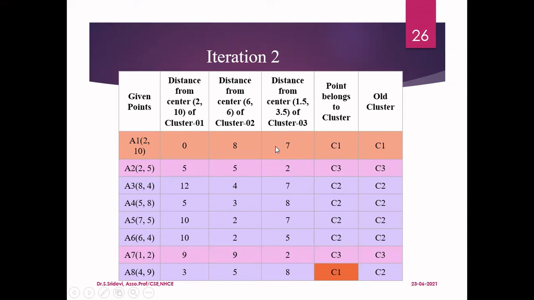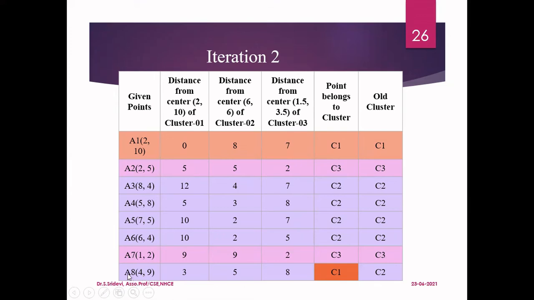After that, you have to see which point is closer to which particular centroid. If you consider the point A1, A1 is closer to this particular cluster centroid. So I will say that A1 will be associated with cluster 1 because this value is minimum. So I am writing C1. Look at this column, point belongs to the cluster. Here only I am updating the new cluster. And A2 is now closer to C3, so it is C3. For A3, it is closer to 2. Likewise, you update for everything. Now look at the last one. It is very important.